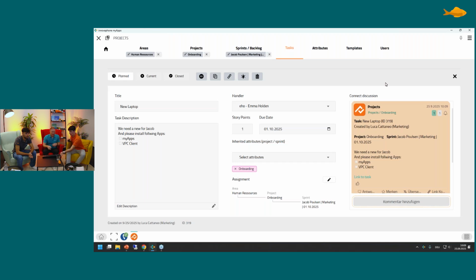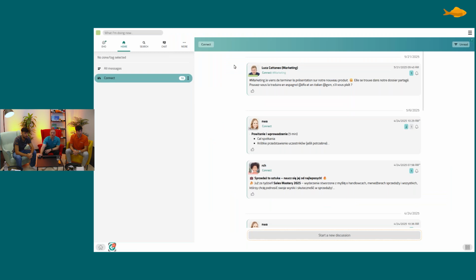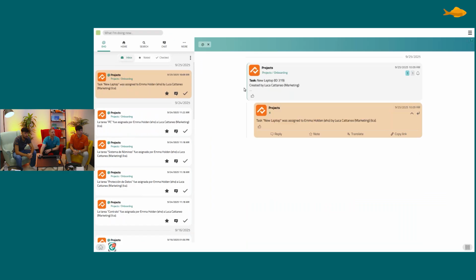Yeah. Thank you, Max. So now we have created a new task, a very important one. But how will Emma actually know that she has to do it? Here we have a nice little app called Connect, for internal communication. And there in our feed, as a new message,